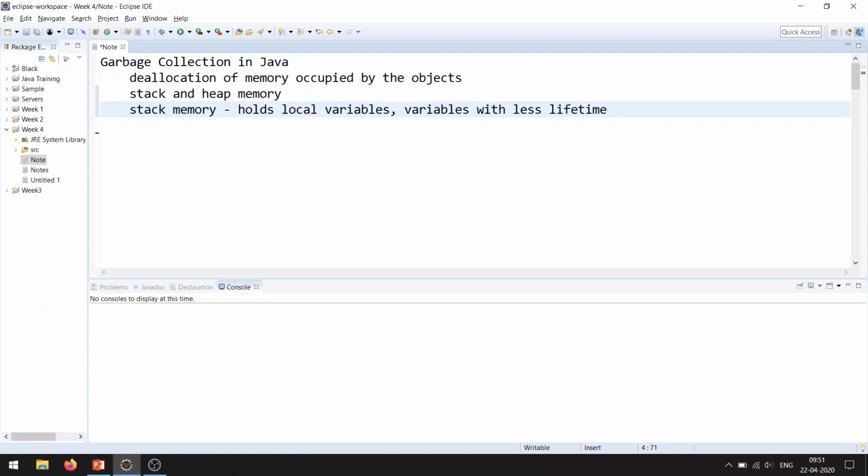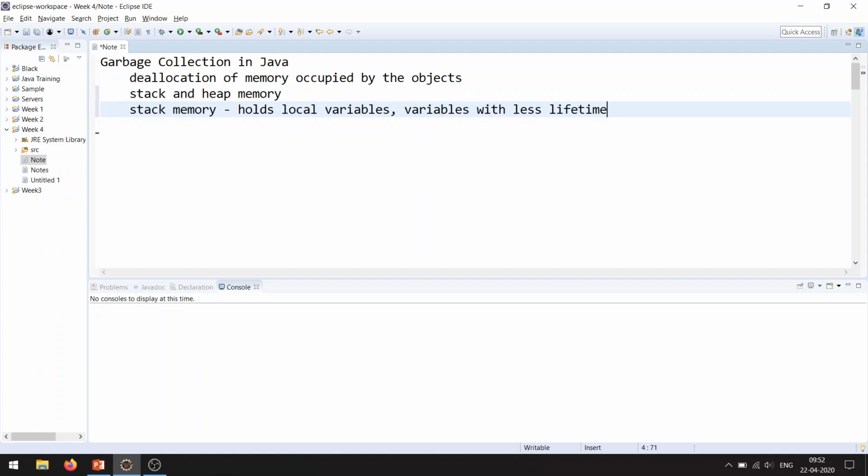Inside our program we create a lot of variables. It may be local, static, or instance variables, right? But in general, there are two kinds of memory partitions, stack as well as heap. Inside the stack memory, it tries to hold the local variables. Why?